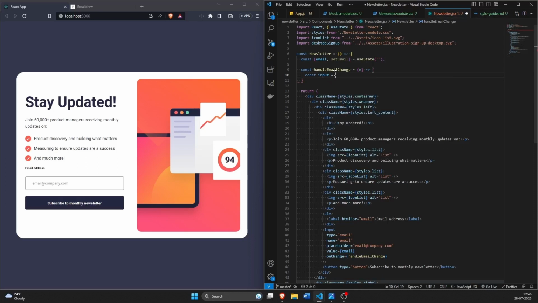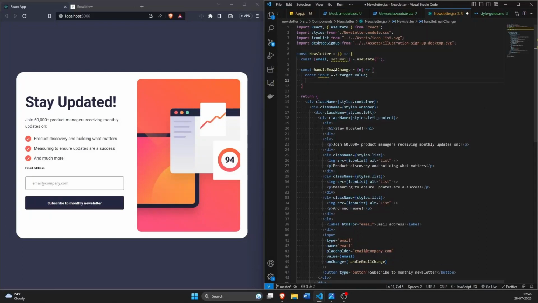So let's get const input is equal to e.target.value, and we'll set the email as this input. Let's name it inputEmail. Okay,